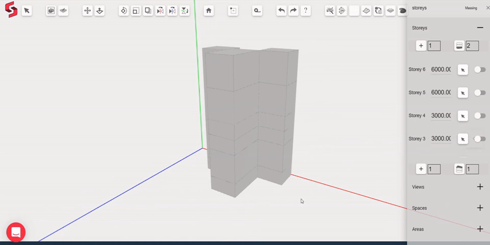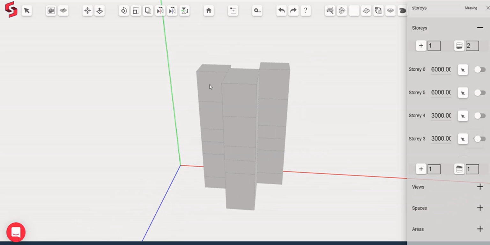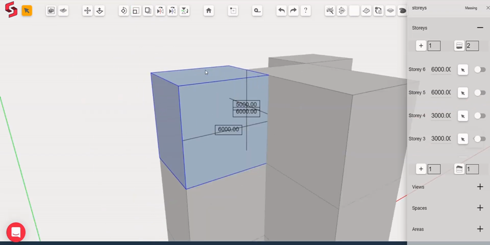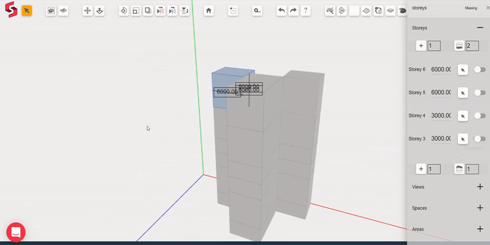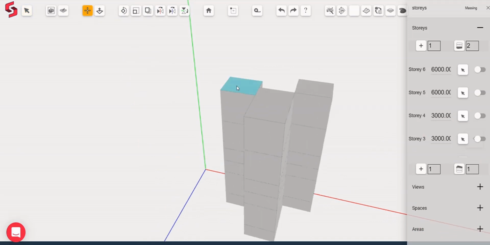A caveat with story height change is with vertically edited masses. Suppose I have this object over here whose height is 6000. Now I'll edit this mass. I'll use the free move tool. I'll move this particular top face up by 1000 mm.